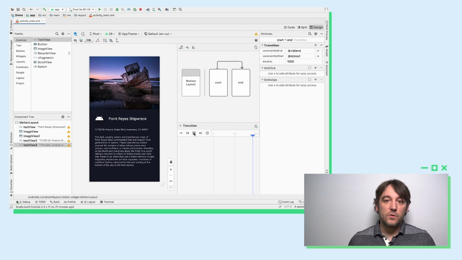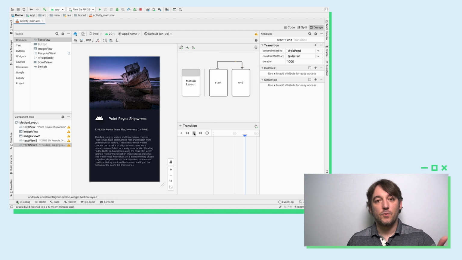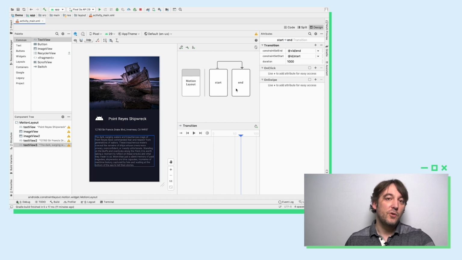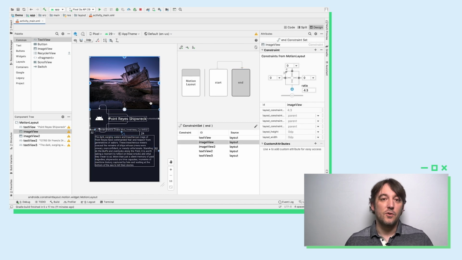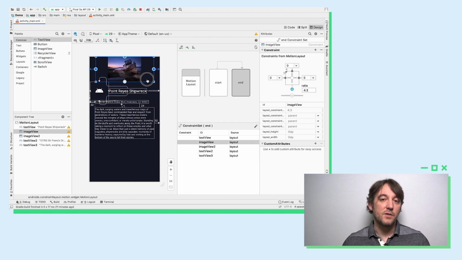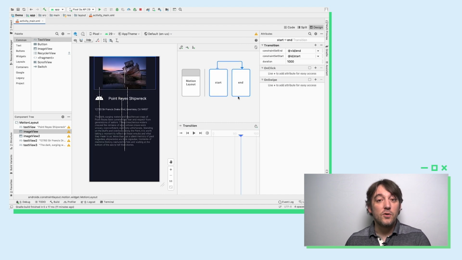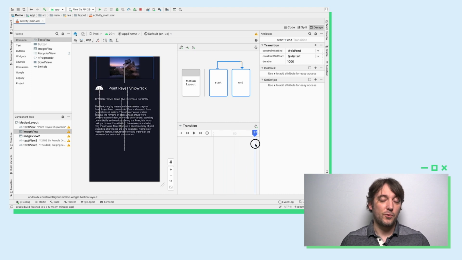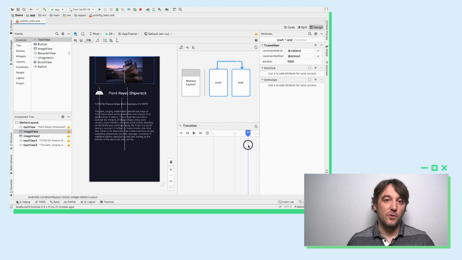So here I'm just going to modify something a little bit, adding some properties, and you can see that if I toggle to the transition mode, I'll see that my text that was invisible and is visible in the end state is now automatically changing. And if I do some more interesting operation, like changing the size of an element, you'll see that everything is correctly interpolated. And you can go scrub around the timeline so you see what's going on, and you are in full control of how you want your animation to be done.